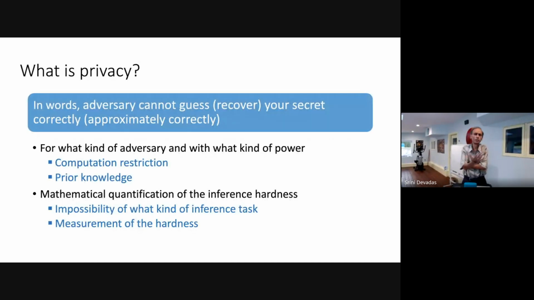So what will you do? How do you prevent a computationally unbounded adversary? How do you prevent an adversary who's poly time bounded? Different assumptions. The thing that's actually more complicated, or more involved than just this computation restriction, is what is